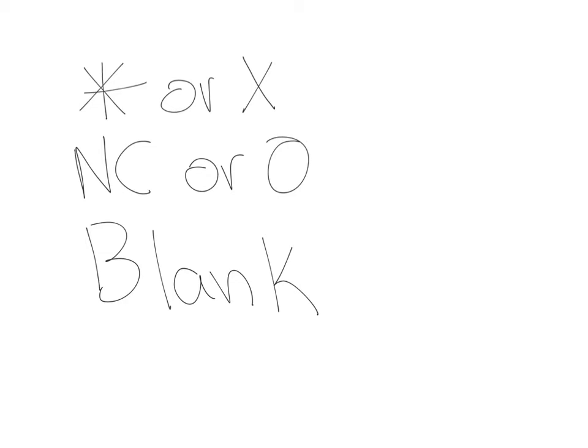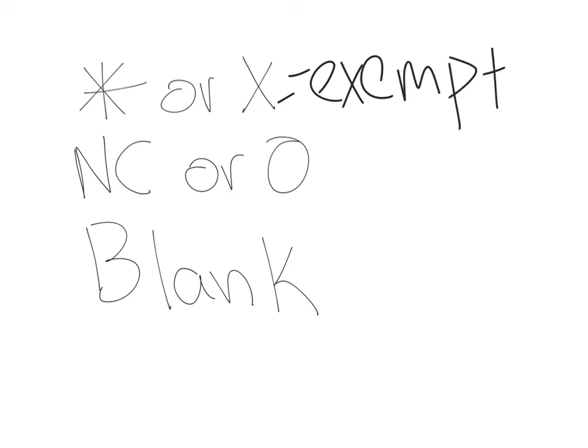So if a teacher puts in an asterisk or an X, that means exempt. Those items are not included in the calculation, so it does not count against them. And if you look, there's going to be a little tab where it says missing. Those assignments will not be missing either. And so it says it's exempt from calculations. I use that information if a student is absent and I don't expect them to